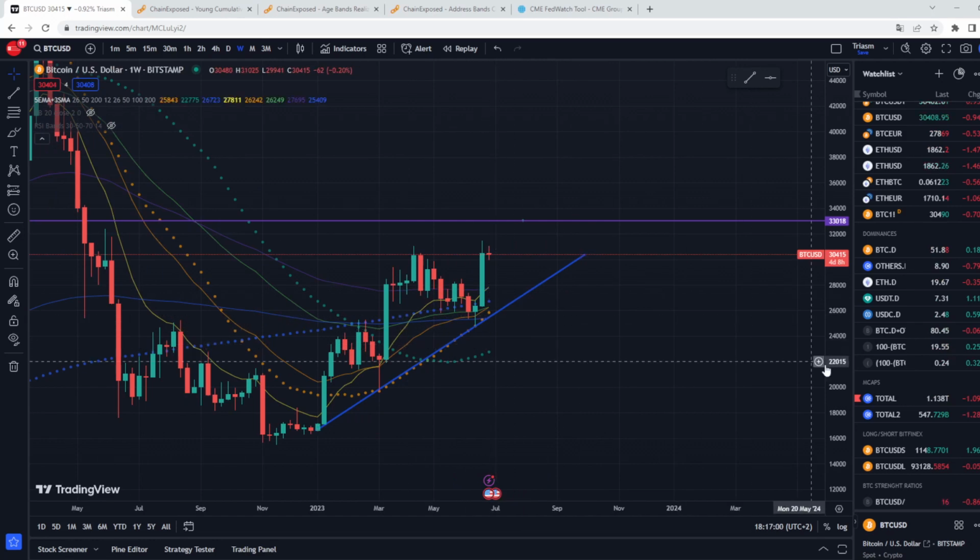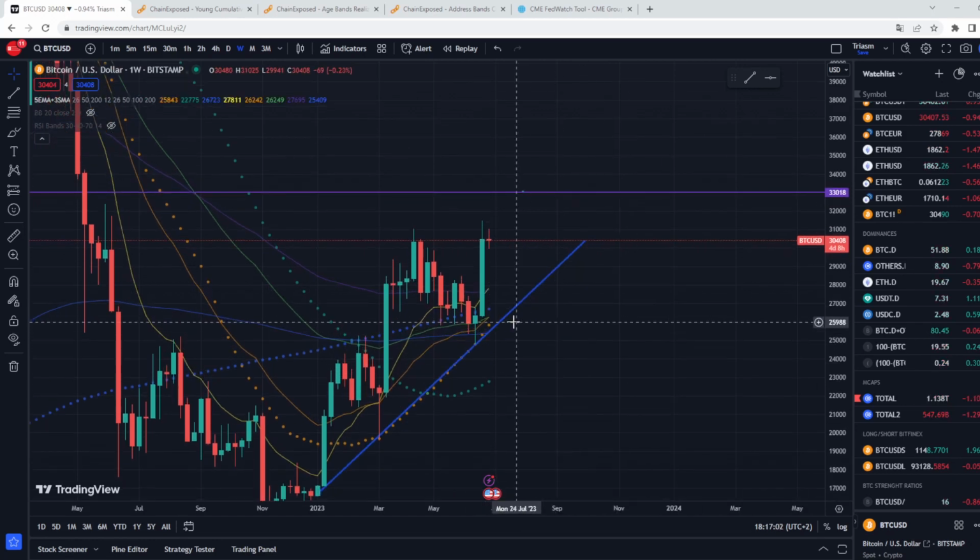here assessing the DMAs, we are at the same levels. You see yourself, more or less 27k. There is the 200 SMA that will help the price. There is this trend line right here that is helping the price. So we have a lot of support coming from 28, we say on the daily, for a short-term price continuation,